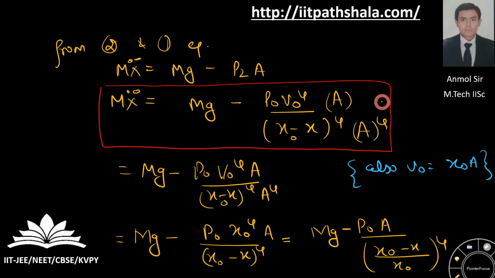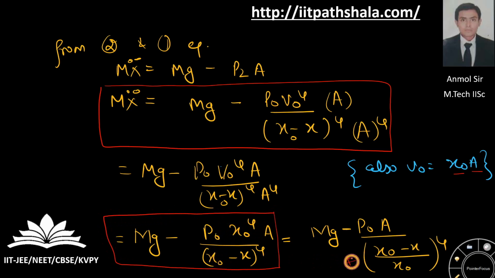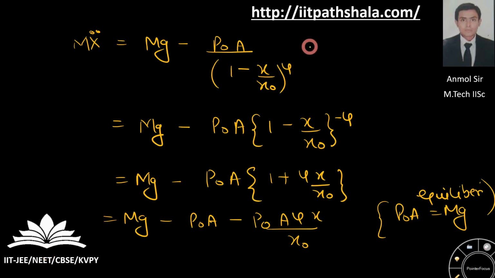Now after getting the following expression, replace the volume by the following expression, which is nothing but the length into the area. Afterwards, you have to simplify the following equation and you'll be getting an expression something like this. Simplify further by taking this x0 in the denominator section as follows. Now what you're going to do is, by using the mathematical formulation (1 + x)^n = 1 + nx, you'll be simplifying the following equation.